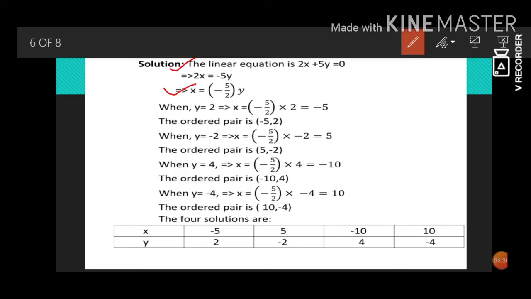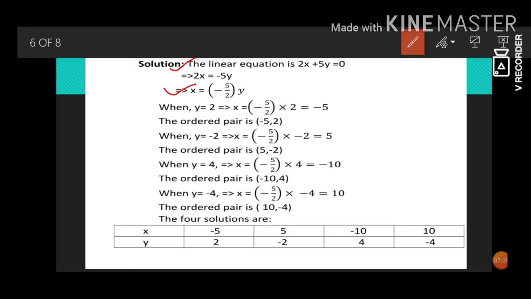Now x becomes the dependent variable and y becomes the independent variable. The reason is that whichever one we solve for, the other is not being solved for. So the value of x can only be found by considering certain values for y. Here we consider multiples of 2 so that we get ordered pairs that are not in fraction or decimal form. So we take y as multiples of 2.